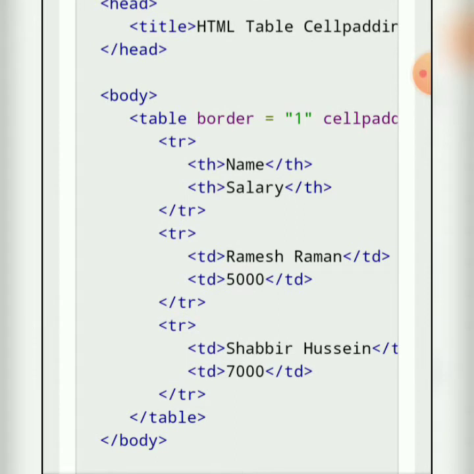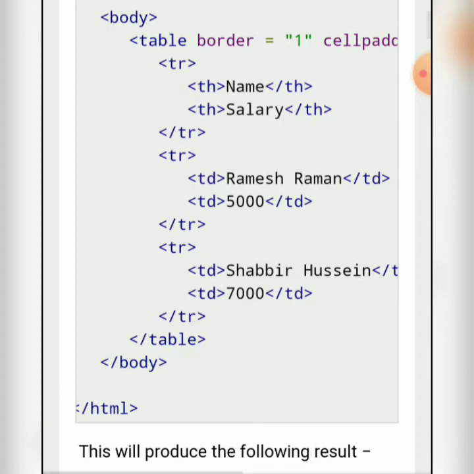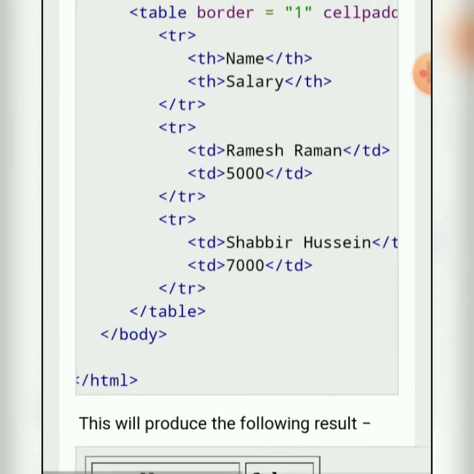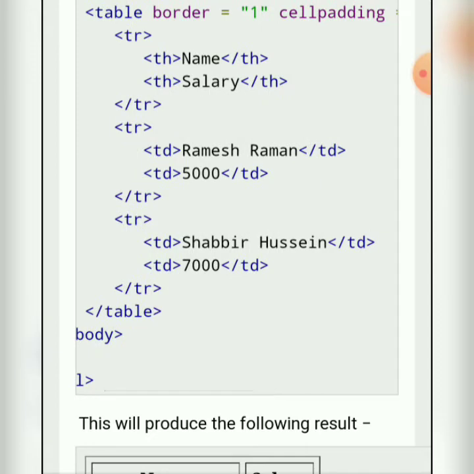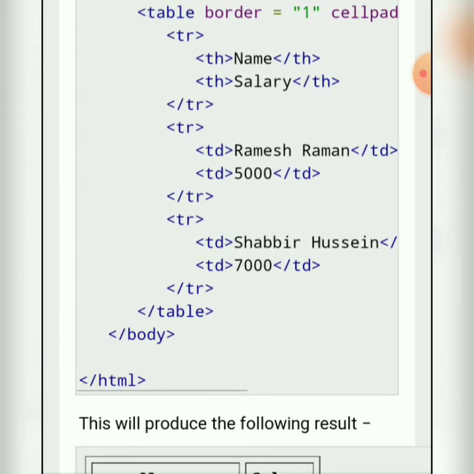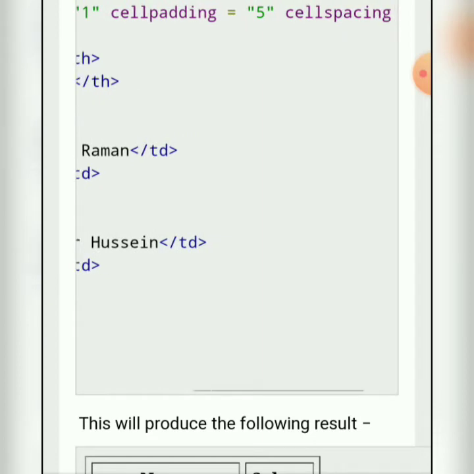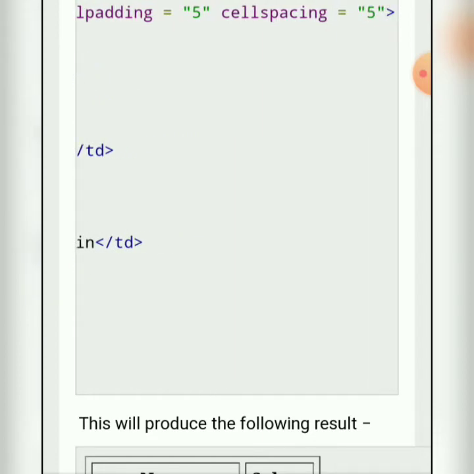After the table border, we have the table row, then table heading, name, salary. Then again we specify the name content, then salary, but in the table tag we define cellpadding equal to 5 and cellspacing equal to 5.